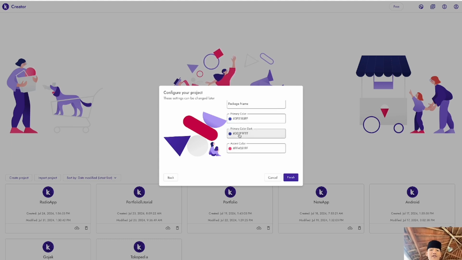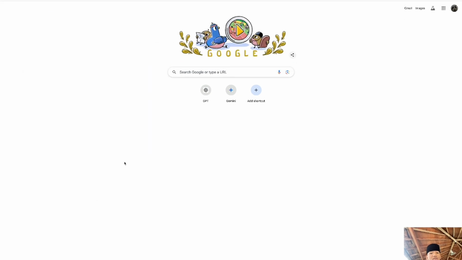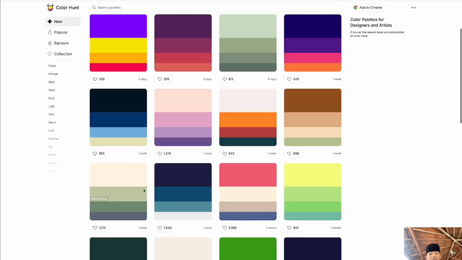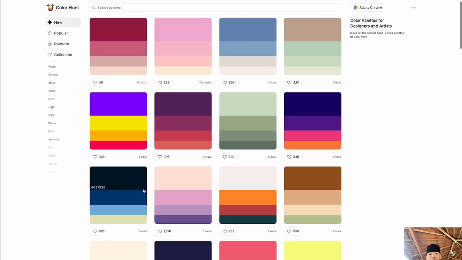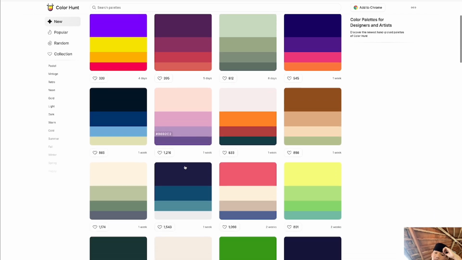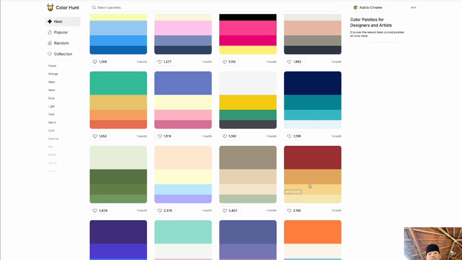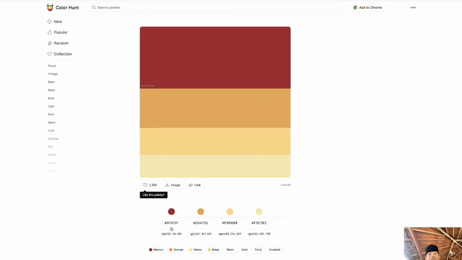Next, primary color. For color, we're going to use Color Hunt here. Color Hunt is basically an application to make your own color palette, or to see which color palette is perfect for you. So first, I'm going to use this one. Let's put the first color. We need this color, so we're going to take that.